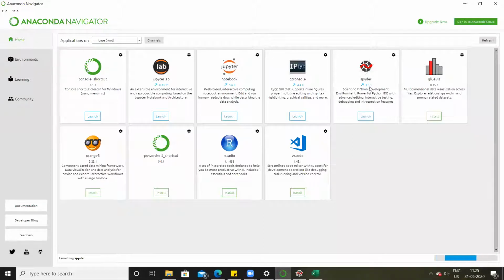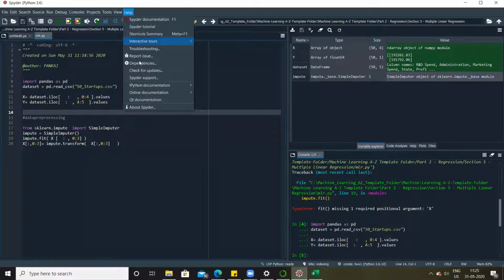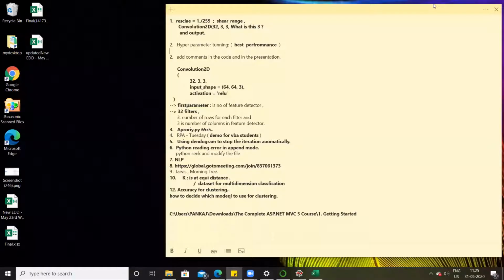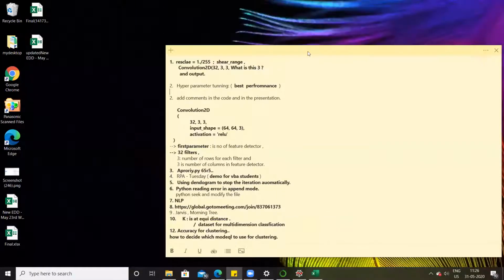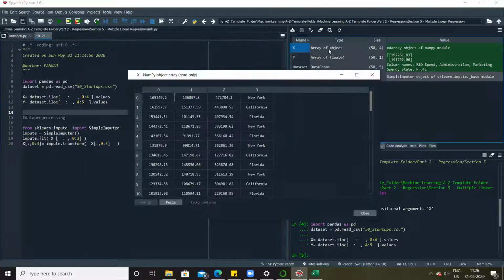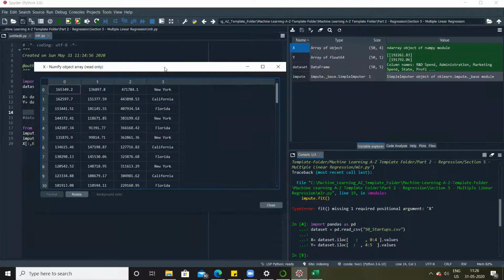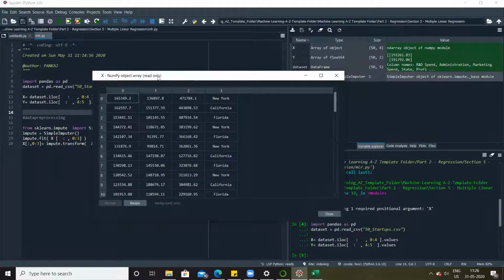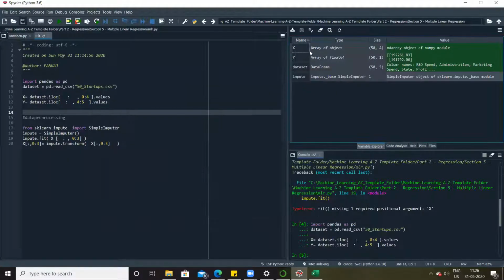So you can see the version is 3.3.1, which is the older version of Spyder. The Spyder which I have launched, this one, is 4.1.3, which is the updated version. Let's wait for the older version of Spyder to come up, and then I'll show you the difference. I hope at least you recollect that initially when I double clicked on X, which is of type object, it was not allowing us to visualize this. Spyder has updated this, and for display purposes, it is converting it into a NumPy object array. Otherwise, it's still a regular object only. All right, let's move ahead.